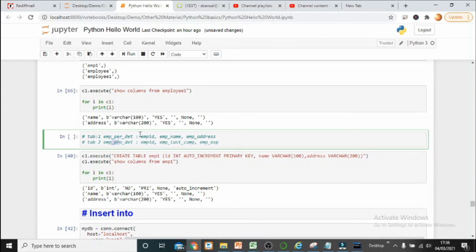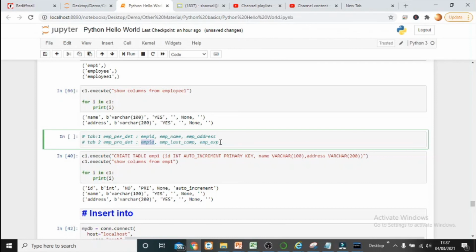Now if you want to connect these two tables together to get all the details of an employee, including personal and professional details, you have to join these two tables with the help of EMP ID, which is a common key between the two, right? So whenever you search on EMP ID, you can get EMP name, EMP company, EMP address, and EMP experience, right? So this is called a primary key, by which you can query two or more tables.